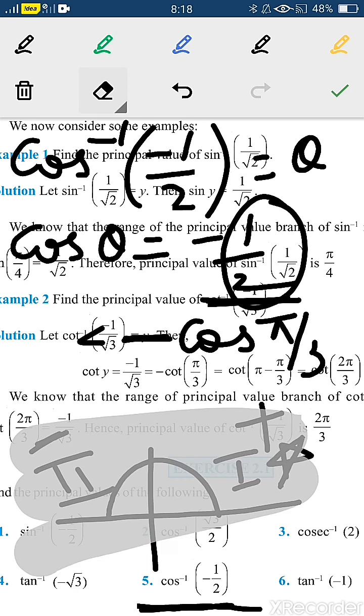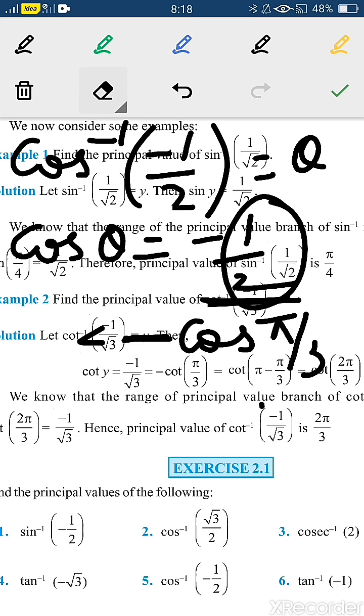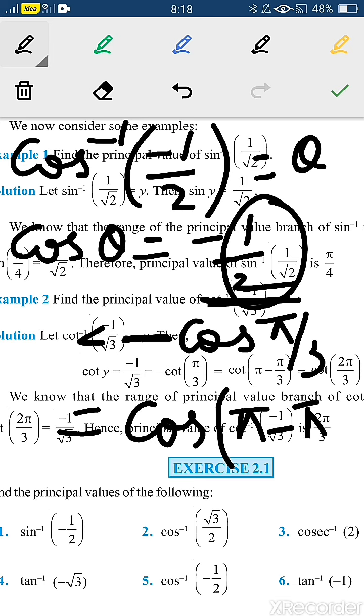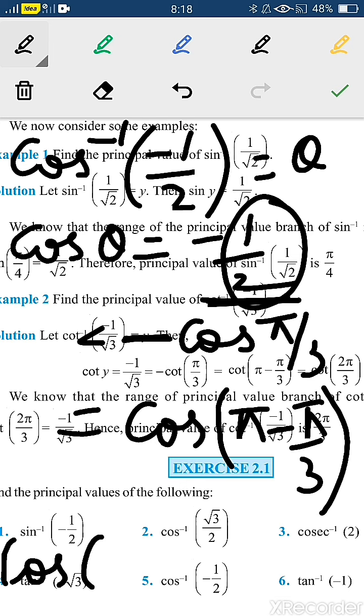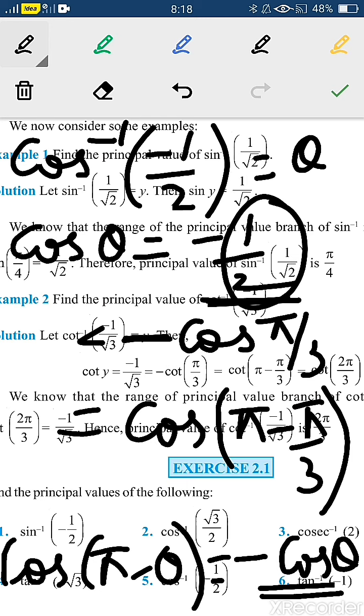Now how can we include this minus sign? Let us include the sign inside. So it is equal to cos, when is cos negative? In the second quadrant. So second quadrant, pi minus pi by 3. We can write it as, right? We have done cos of pi minus theta is equal to minus cos theta. This we have done in class 11, and I told you to revise all the formulas of trigonometric functions. Once you know all these, then you will be able to understand this easily.